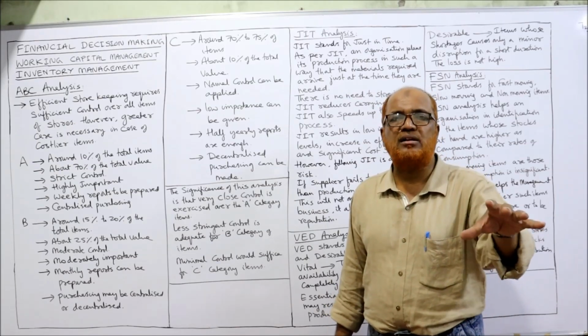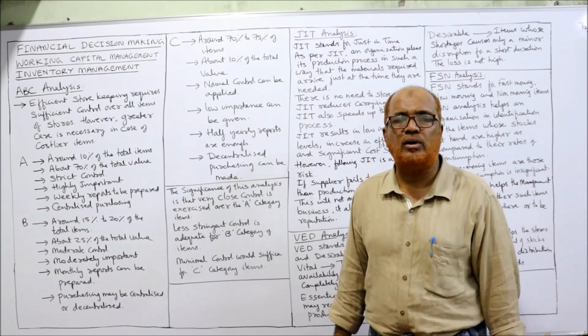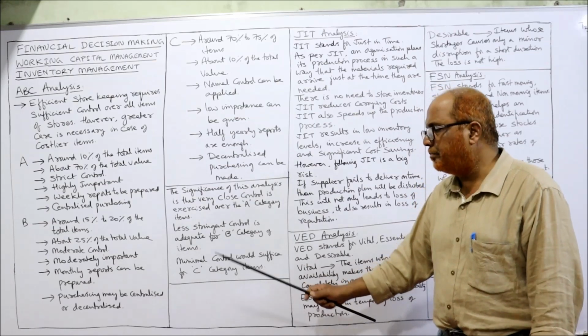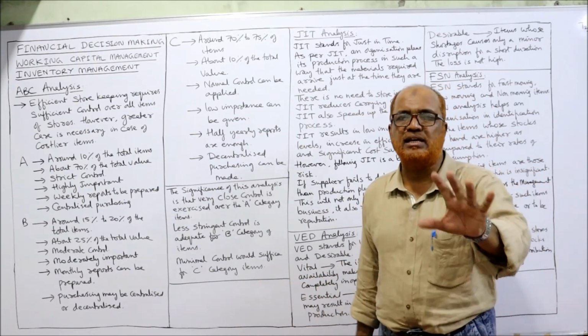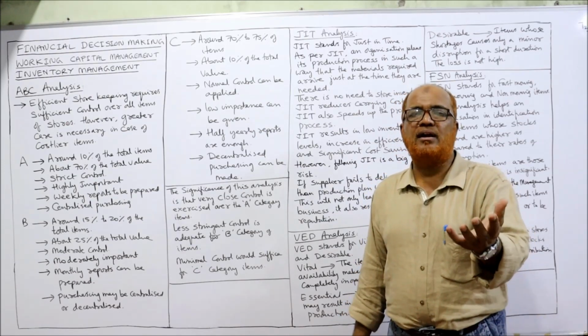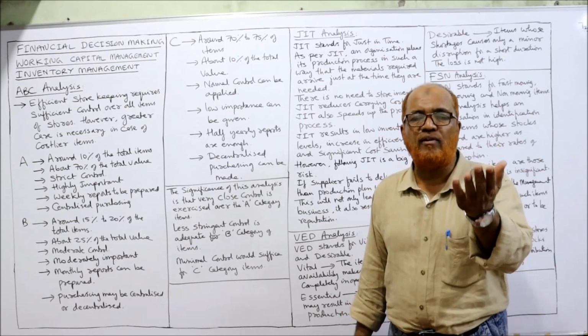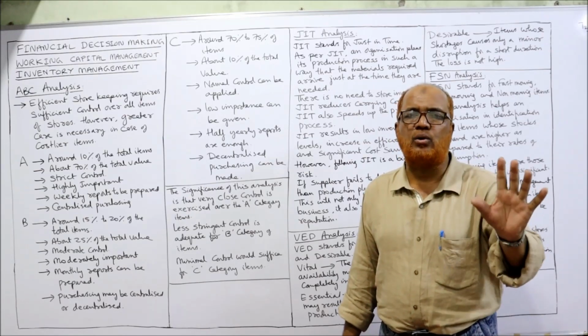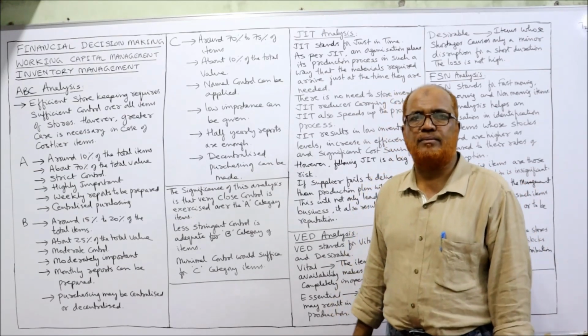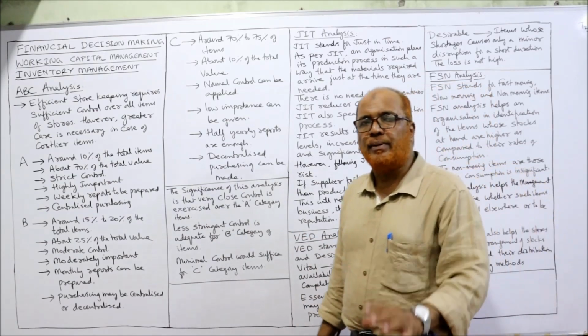Less stringent control means a moderate control is sufficient for B category, and minimal control would suffice for C category items, because C category items are cheap, low value items. So only the least control is sufficient. That's all. So I have completed